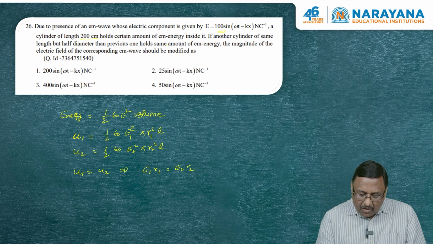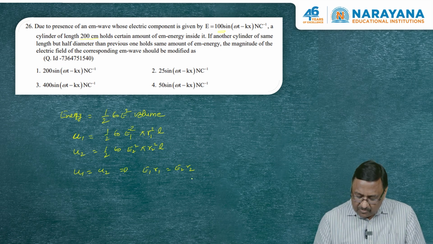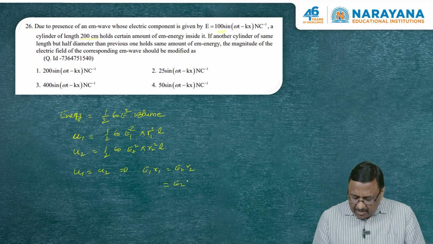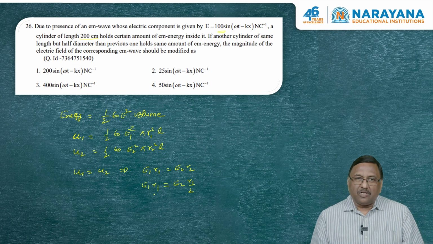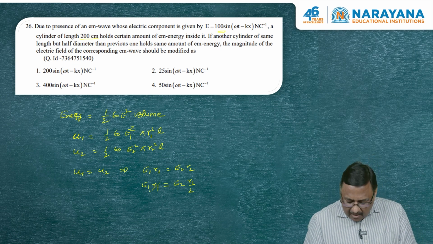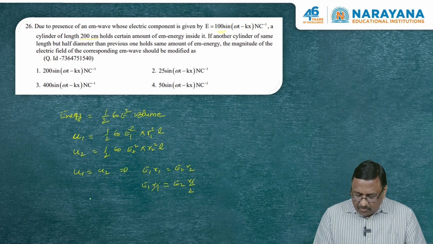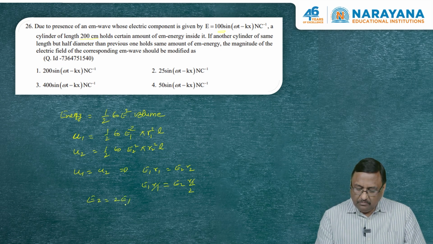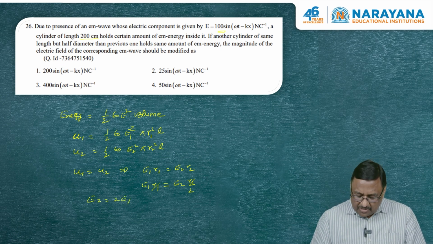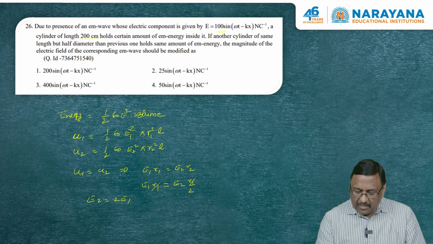Now R2 is going to be half, because it is half the diameter of the previous one. So E2 into R2, which is R1 by 2, equals E1 into R1. R1 gets cancelled out. So E2 is simply nothing but 2 times E1. You are considering the same cylinder, so initially the energy is given to be